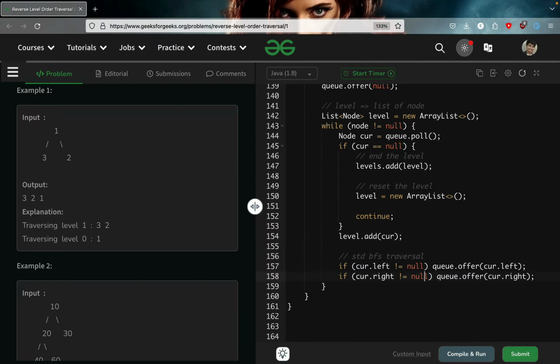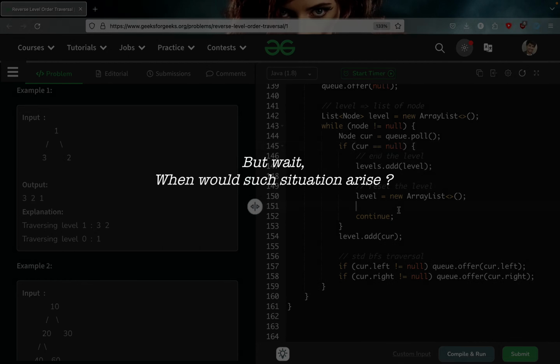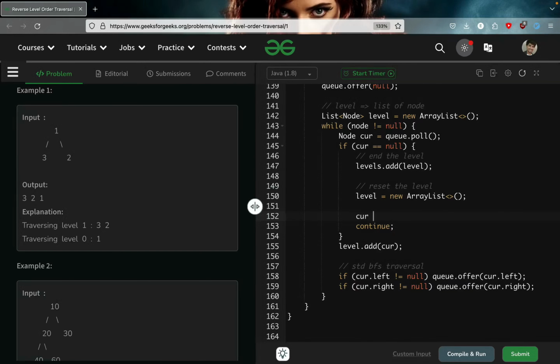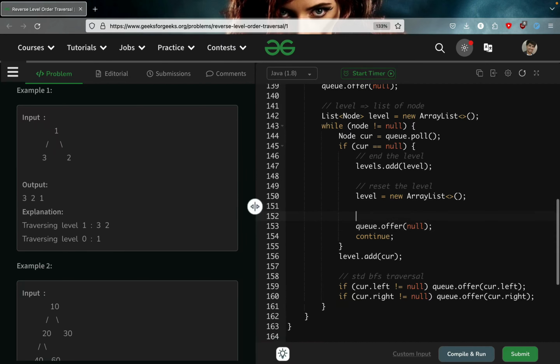Cool. So far so good, but we need to tackle what if my current is null and the next of null is also null. So here we need to add a marker over here as well. So current is null and hence we are adding queue.offer null. So here we are saying we don't want to miss the marker,